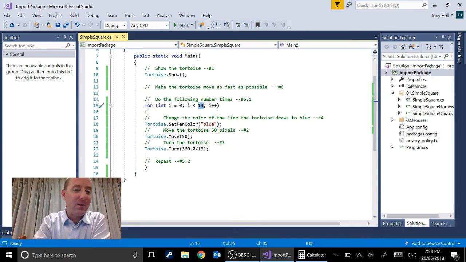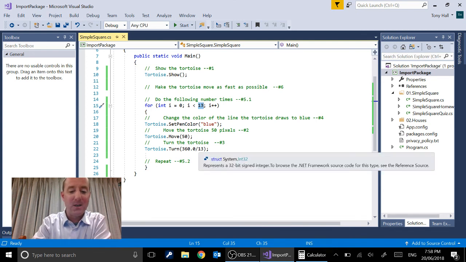Our next step is going to be to actually prompt the user. The turtle is going to ask the user how many sides you want it to draw, and then it will draw that shape for you rather than you having to change it in the code. So have a play around with those sides, and then we'll come back and add some more variables to make it ask you